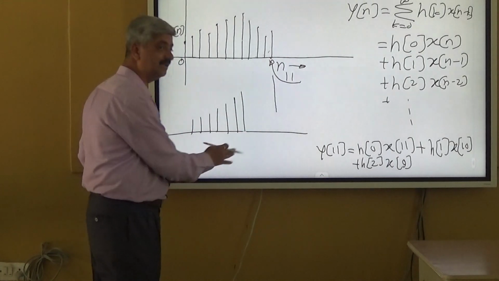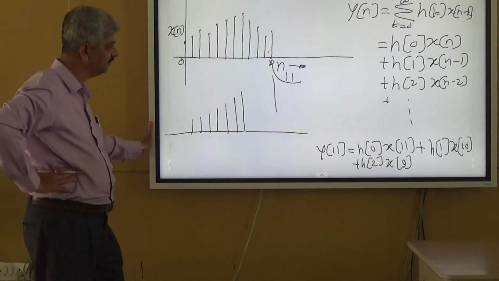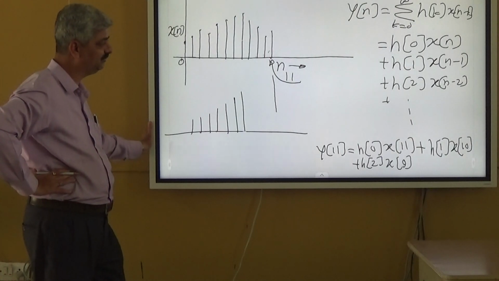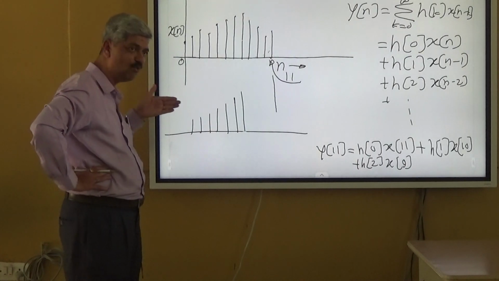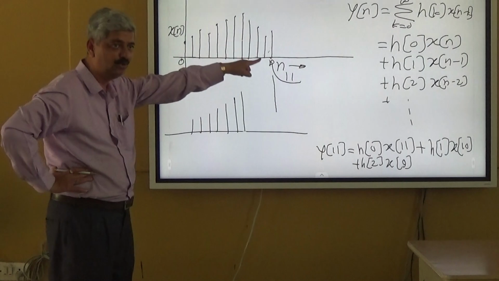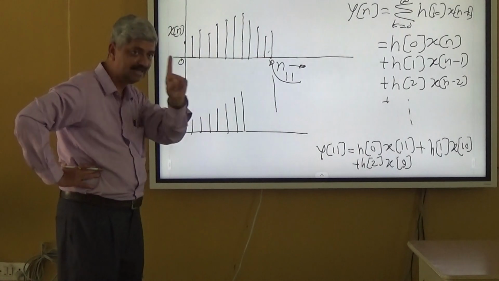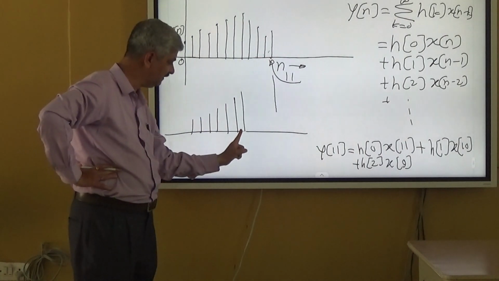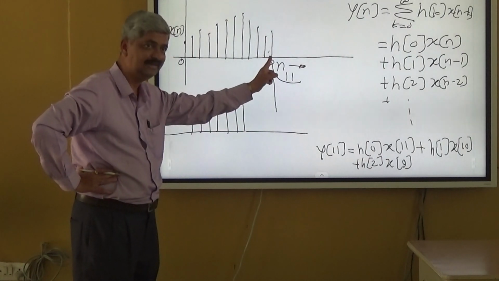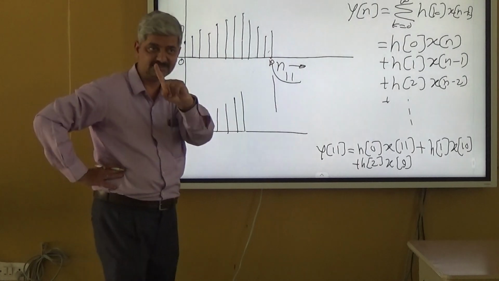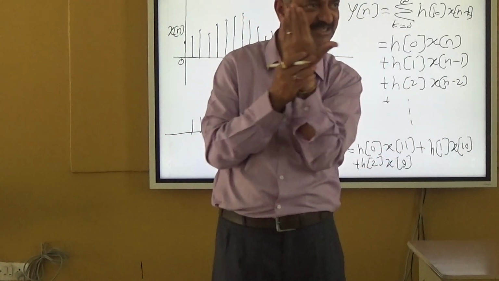So it is mirror imaged. Right? Now, what are we supposed to do? This mirror image should be moved such that you are at n equal to 11. So the 0 of h matches with 11 of x. Is it clear? Take mirror image of h and slide h such that